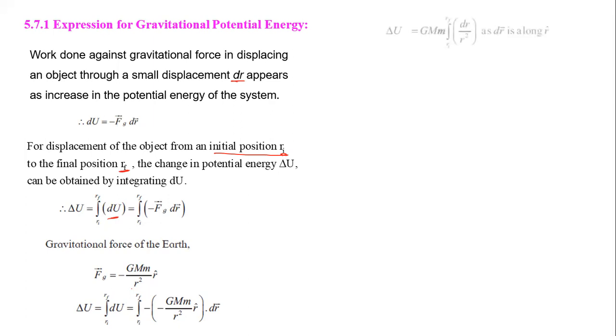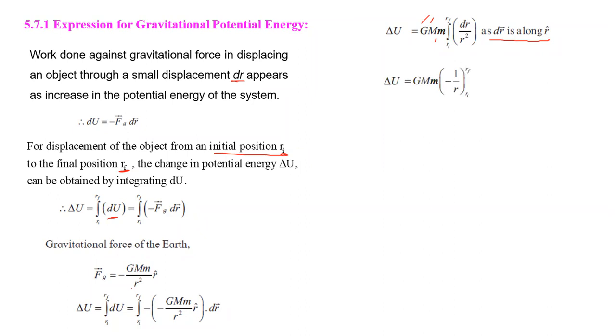Now we have to solve this integration. We can take the constant terms outside the integration. Capital G is constant, capital M is constant, small m is constant. So we have the integration of dr by r square. The unit vector r cap is there, as this dr bar is along r cap, which you should remember. So the integration of dr by r square is coming